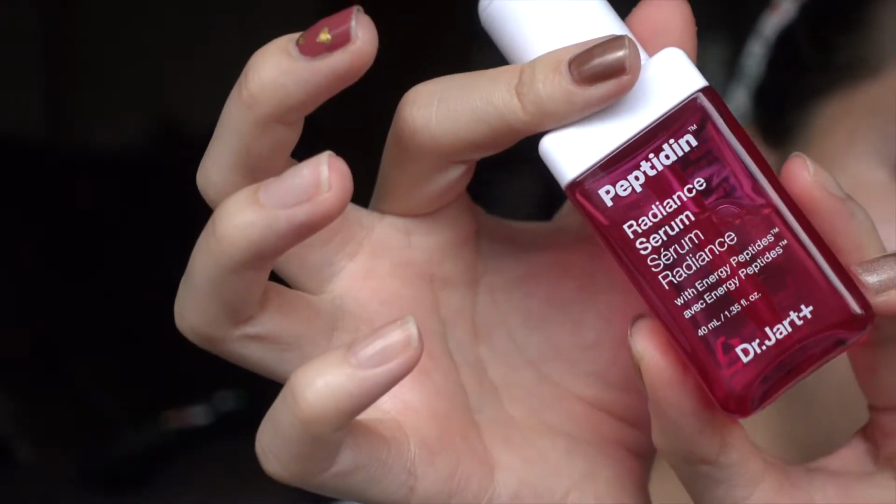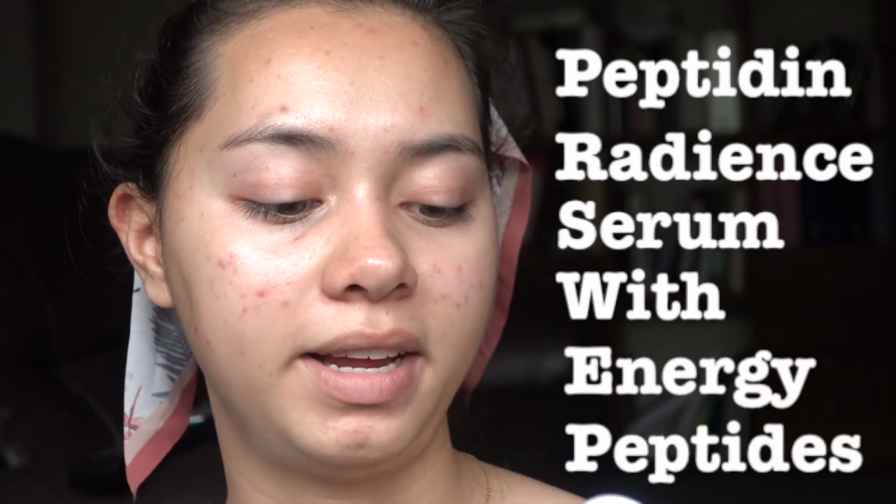Now, the next thing that I put on my face before I put any makeup on is this. Sorry, I just opened it. This Dr.Jart, another Dr.Jart product, woohoo, we love them. Peptidin Radiance Serum with energy peptides. I find this very nourishing to the skin. It also has a kind of tacky texture to it. It leaves like a sticky film afterwards, which is really good actually for applying foundation, because then it'll stick,